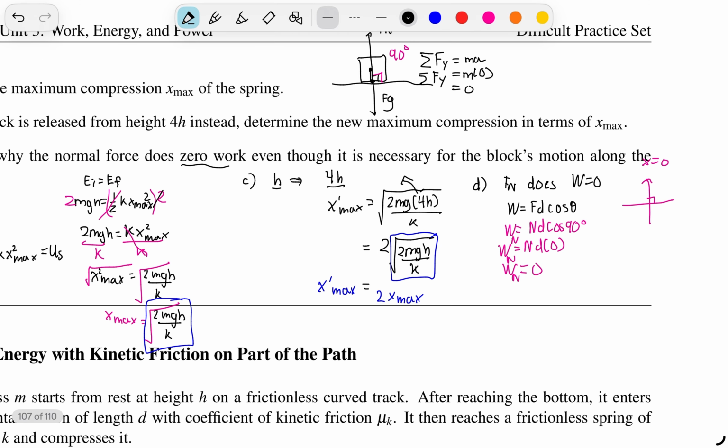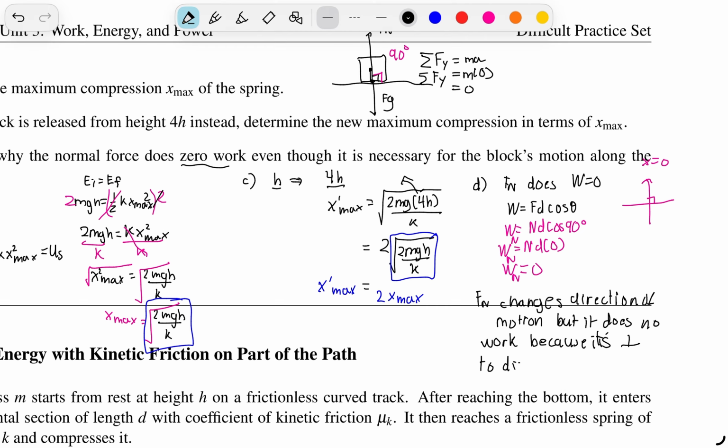So this makes sense because the normal force changes your direction of motion, but it actually does no work, because its displacement is going to be perpendicular to it. It's perpendicular to displacement. So you can imagine as the block is sliding down the ramp also, you have your